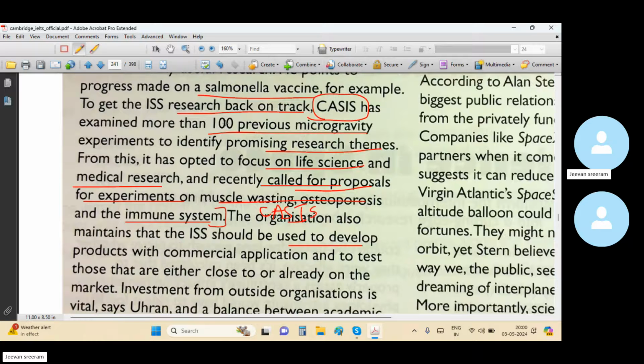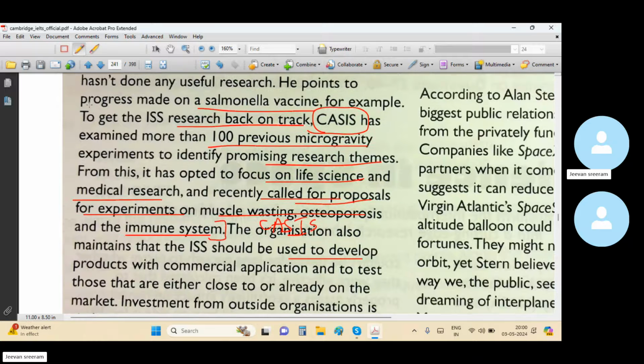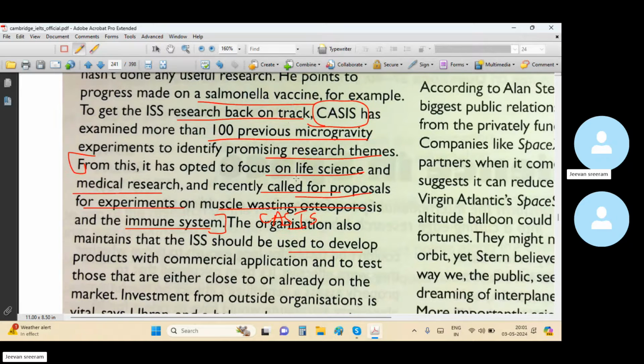The last answer choice, D, is actually giving success, right? So this sentence is enough to answer. To get the ISS research back on track, CASIS has examined more than 100 previous microgravity experiments to identify... Okay, more specifically this one. From this, it has opted to focus on life science and medical research, and there is a call for proposals for experiments. And this is the proof line. Let's see